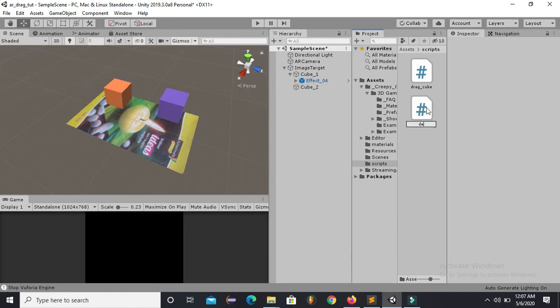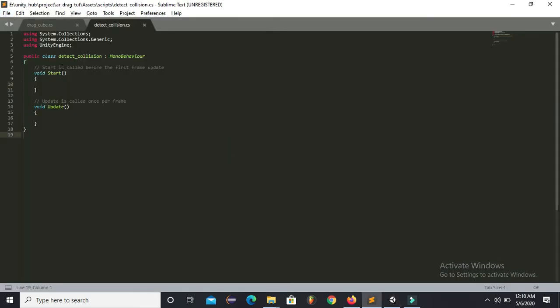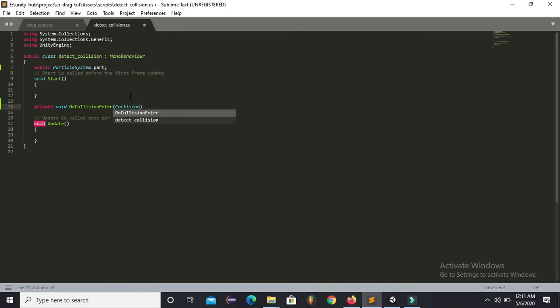So I will open this script in Sublime. So now we will create, there is a function OnCollisionEnter, and here whenever both the game objects come in contact, or whenever they collide, this function will be called, and the same if condition will be applied here.